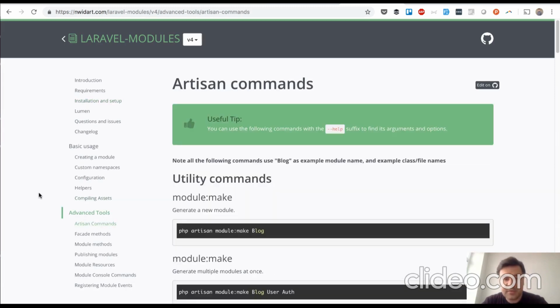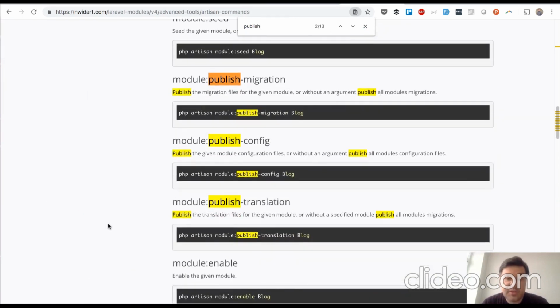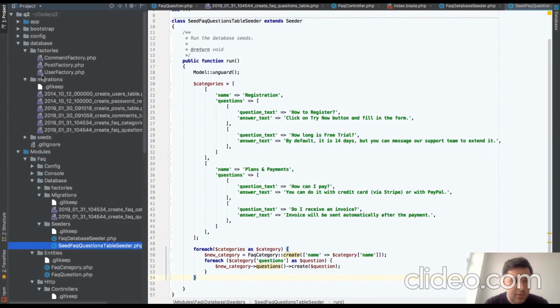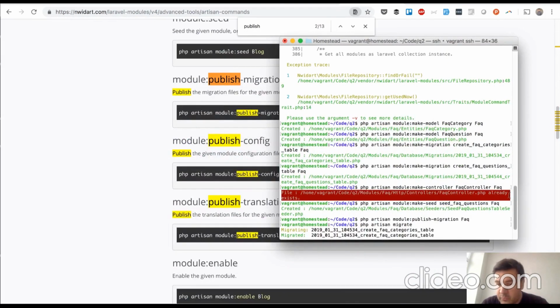Artisan commands, and publish migration, publish config, and publish translations. So in my case, I need to publish migrations on top of the existing ones previously. So it copied the migration files, and then I was able to run PHP Artisan migrate like it was in